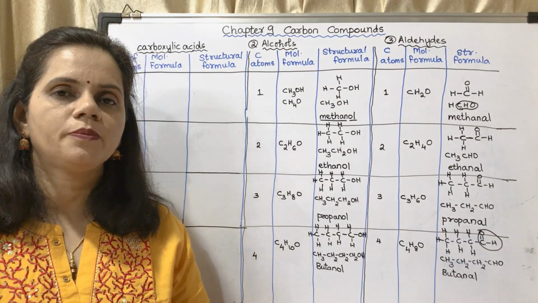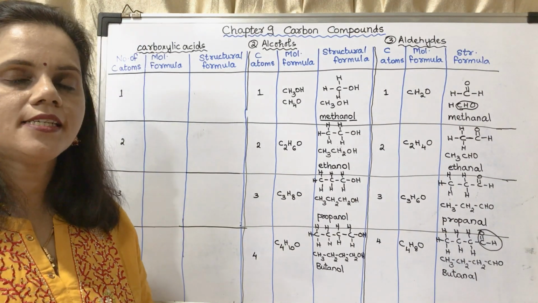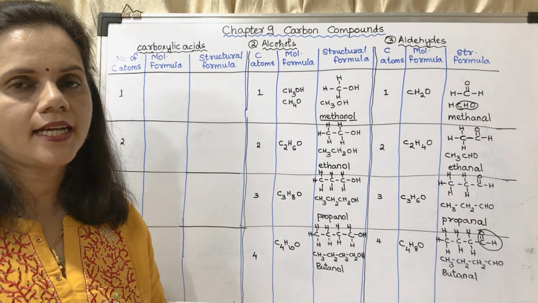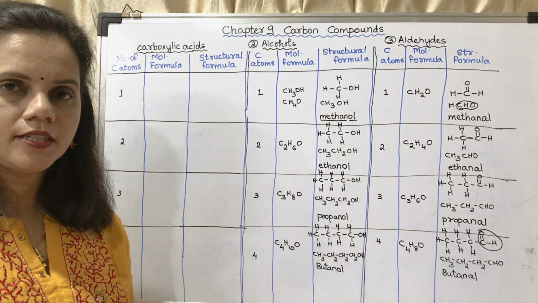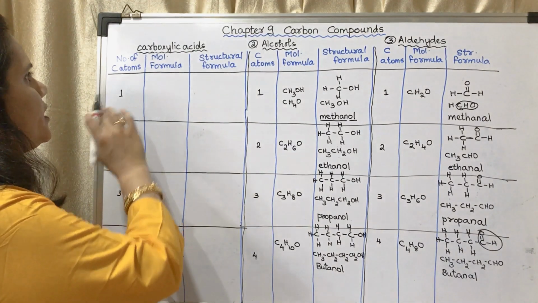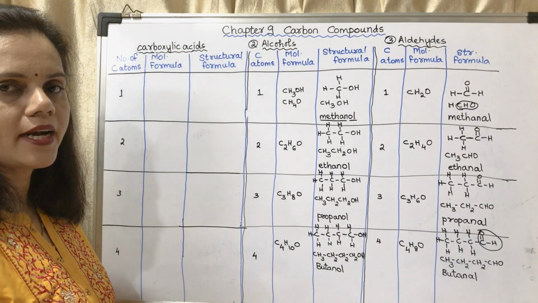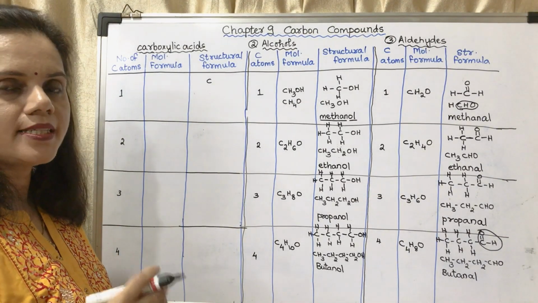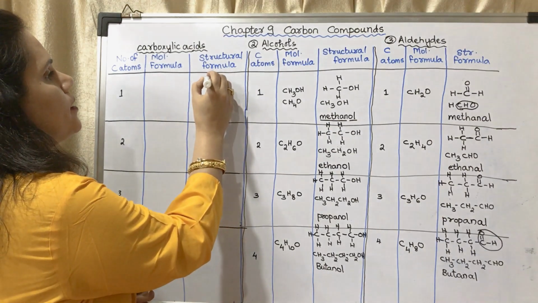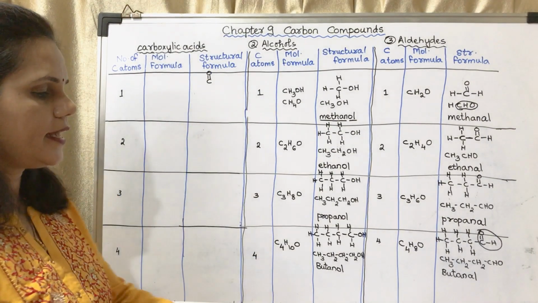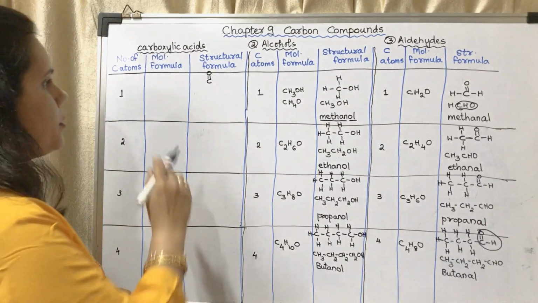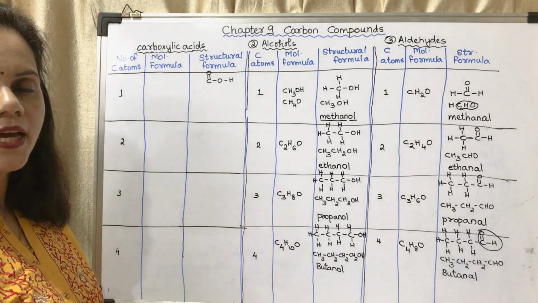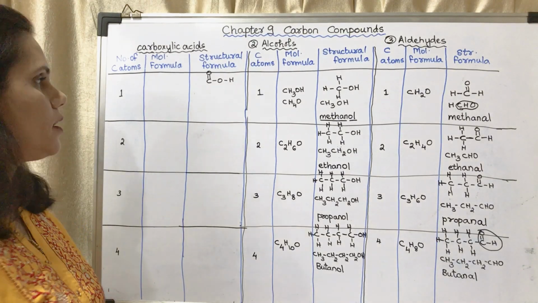Now the next functional group is carboxylic acids, that is COOH. And what is the suffix which is added? The suffix which is added is oic acid. I had drawn in the other table. So the first one is number of carbon atoms 1. There is only 1 carbon atom. You may see in that table the structure, it is like this. It is double bond O, and towards this side it is OH like this. That OH can be written together also.